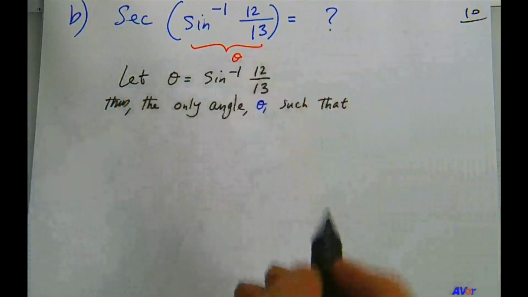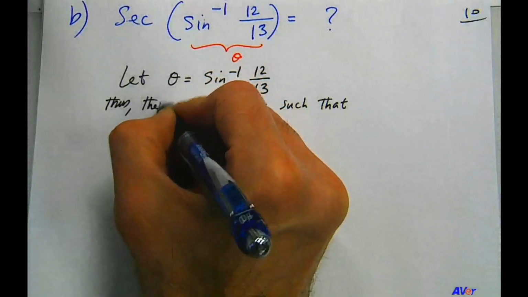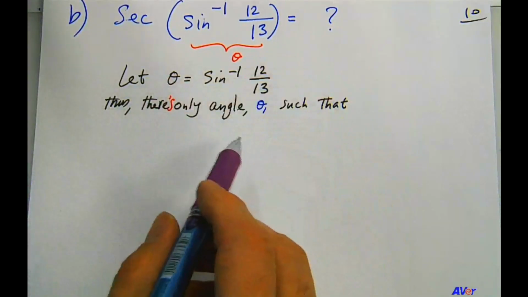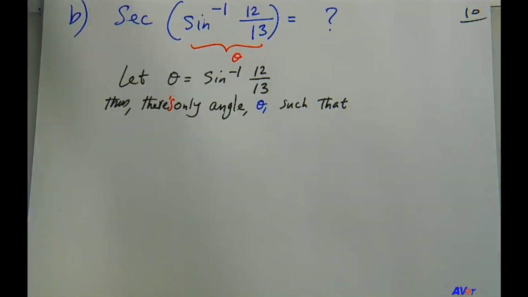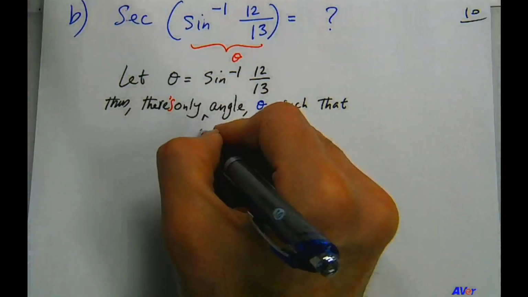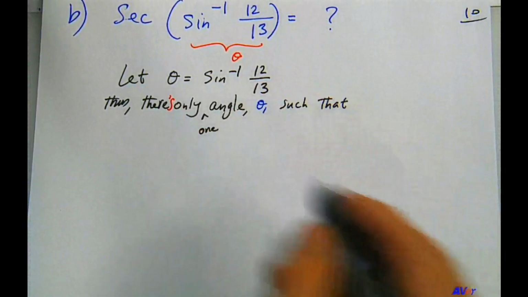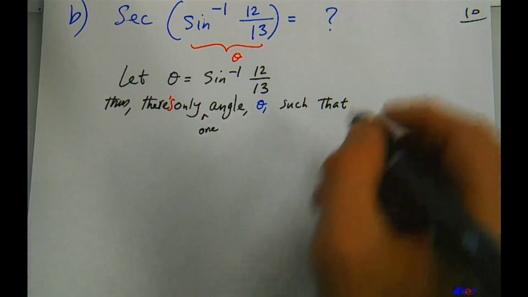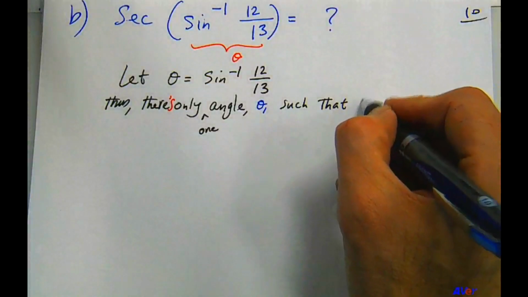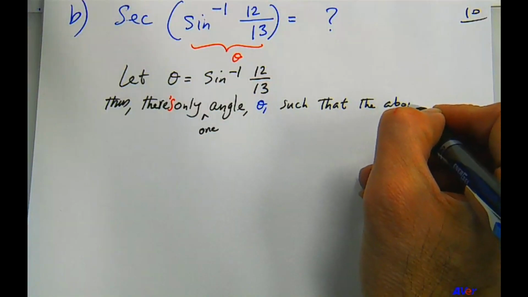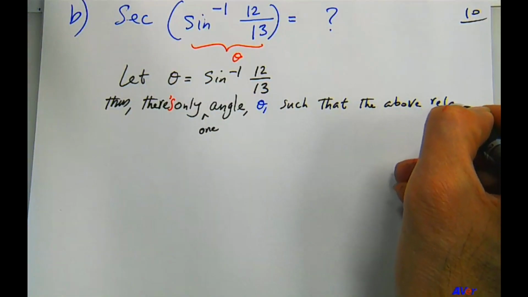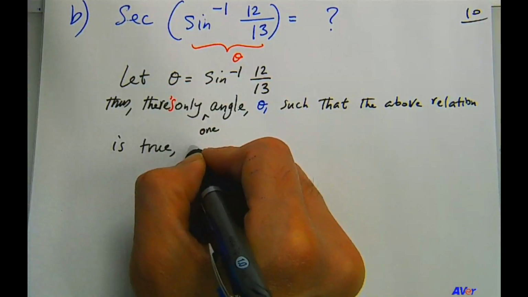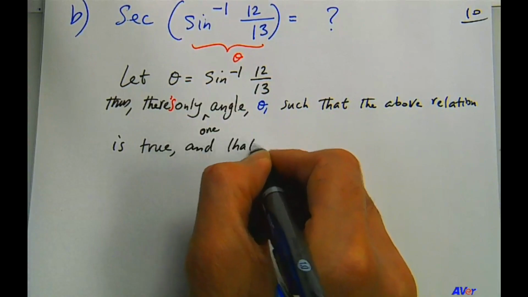So I want to shorten my sentence. So thus there is only one angle, there is only one angle theta such that the above relation is true, and that is,